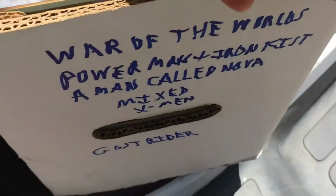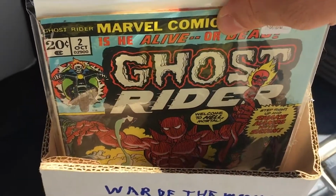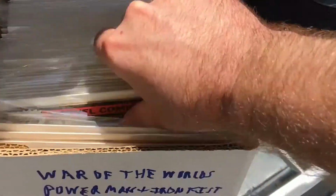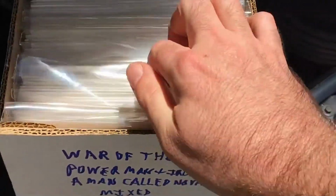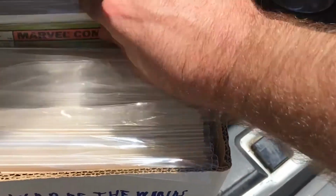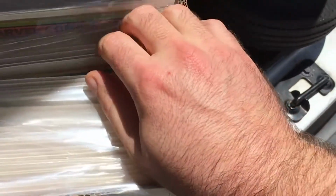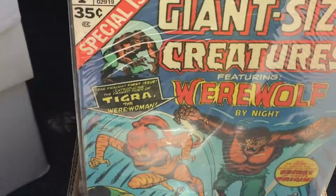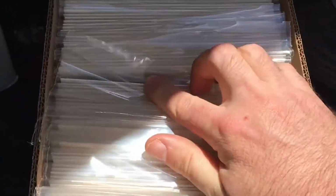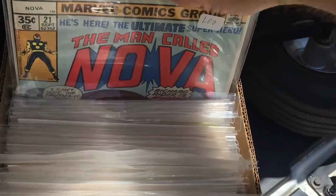Let's see what we got here. Oh, okay. Yeah, first Hellstrom. And we got that Hulu Plus TV movie coming out. This is like Ghost Rider. And then, yeah, more Ghost Rider, Johnny Blaze run. So here's Nova. And here's some giant size Werewolf by Night, Chamber of Darkness, Silver Surfer issue 9, Nova 14, Nova 21,